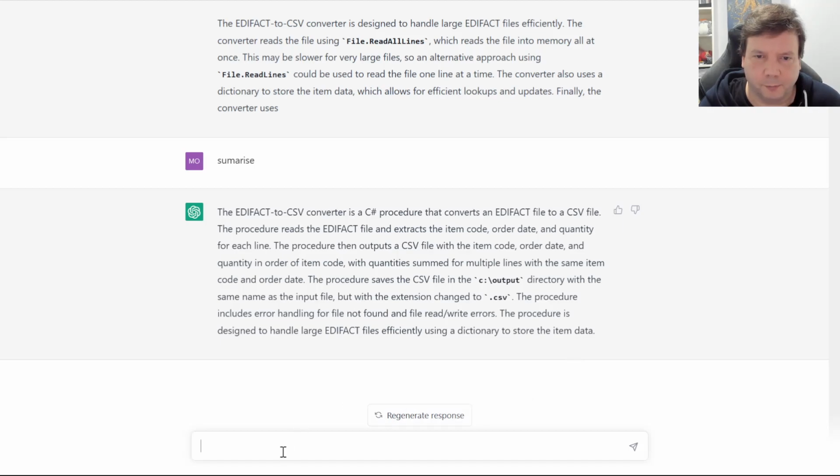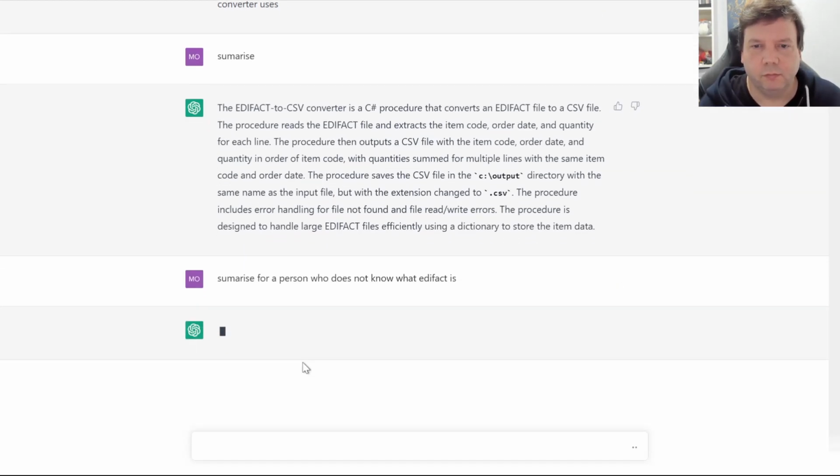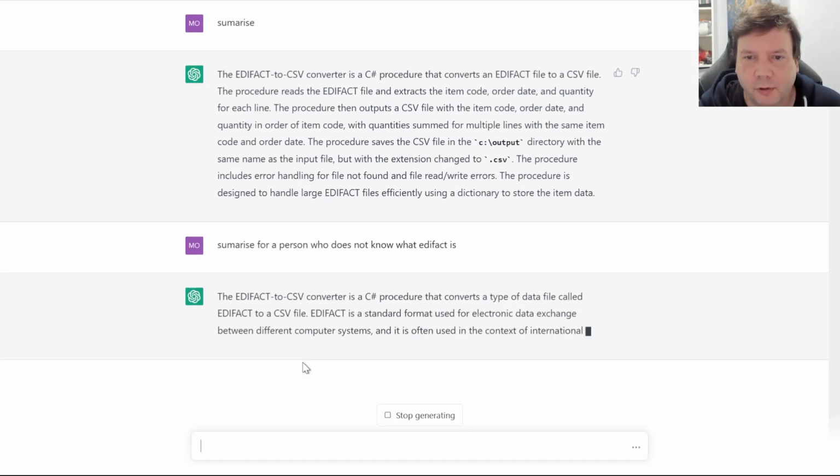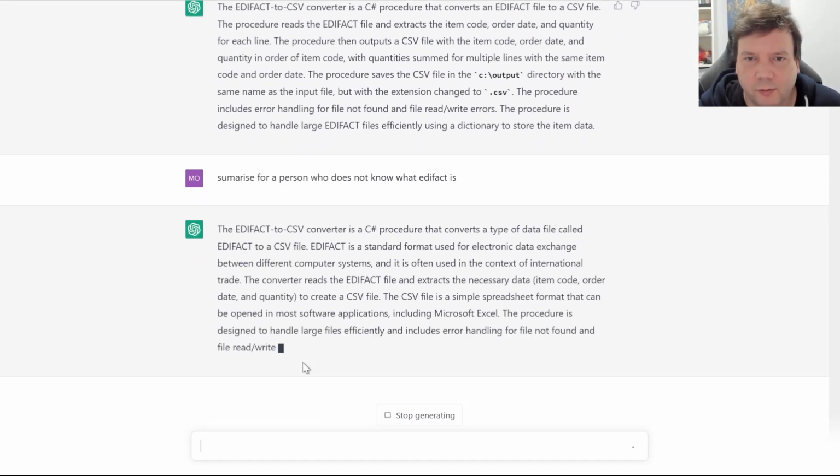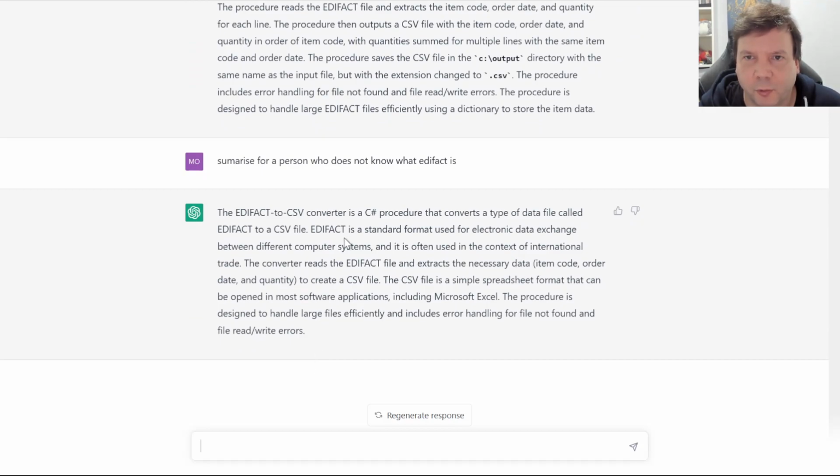I could do summarize, let's summarize for a person who does not know what Edifact is. Again, I've never tried this before, but again, it will add, there you go, it tells you a bit more what it is. I could do summarize for a